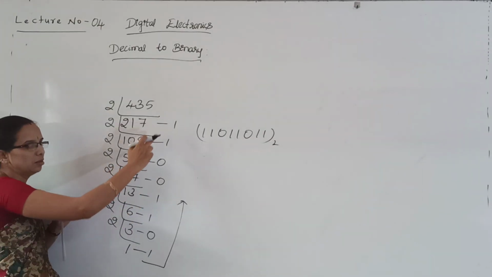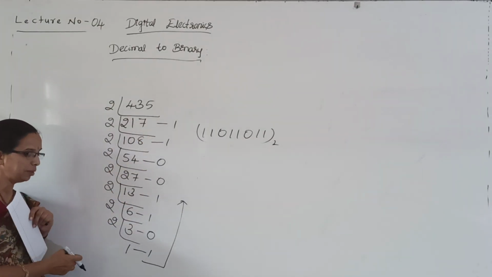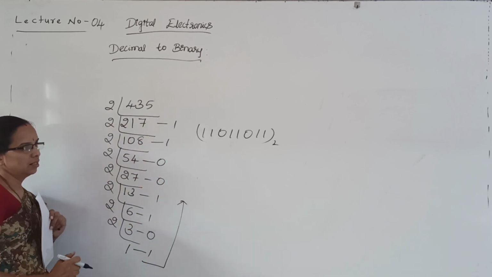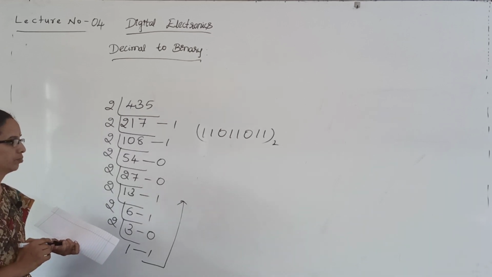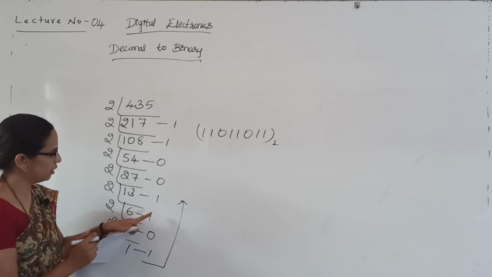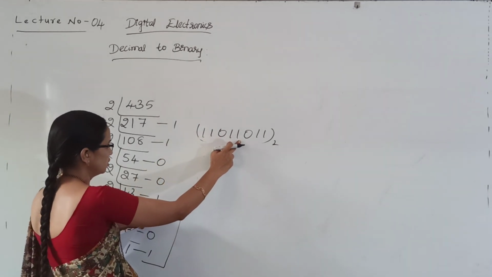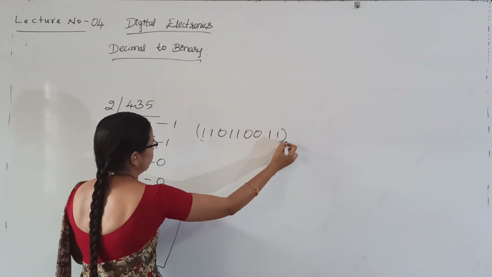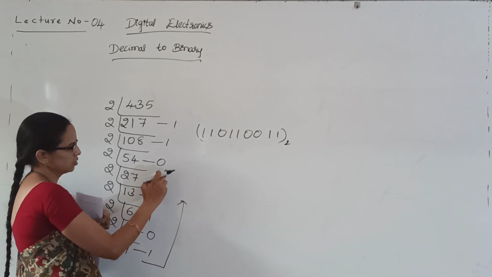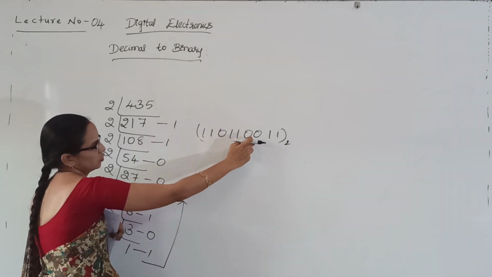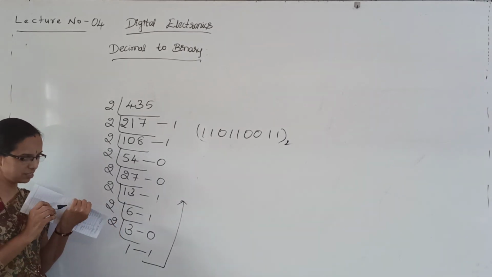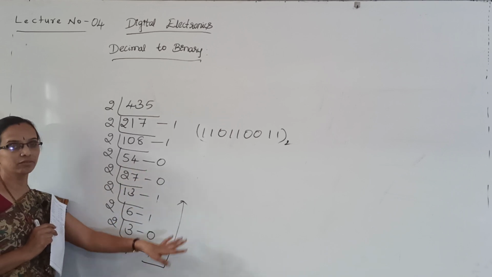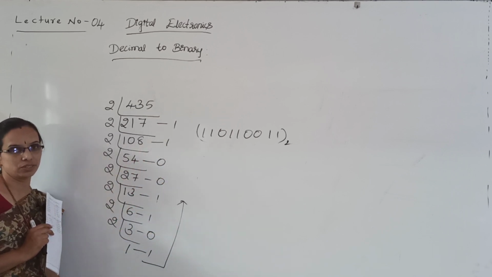Don't miss any of the bits. If you miss one bit, your answer will be wrong. 1 1 0 1 1 0 0 1 1 should be your answer. How many bits? Okay. See, I've missed it by telling you. So don't miss any of the bits by writing from down to upward direction.